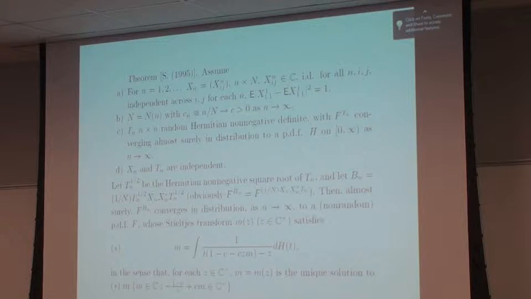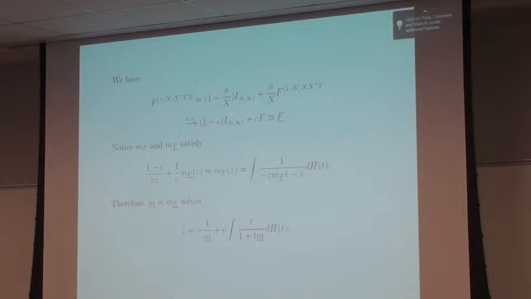Because of that, we have the empirical distribution of the eigenvalues of x star tx to be related to the empirical distribution of the eigenvalues of this guy here, or square root of t, x star, square root of t, through this equation. This is the indicator function on the non-negative reals. I left out the x. It should be an x. But for these three functions, it's fairly straightforward to see this.